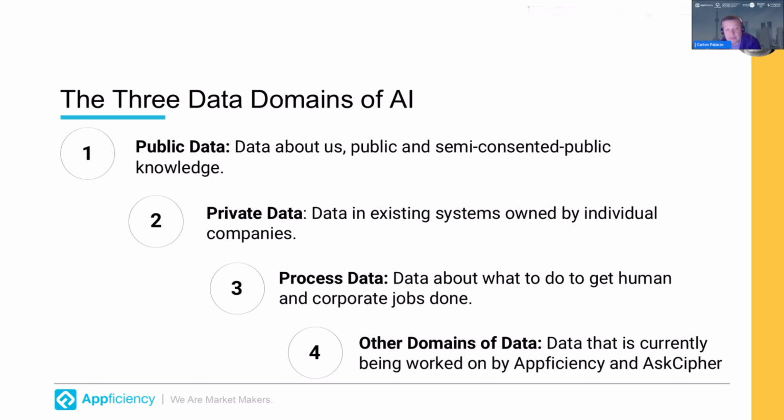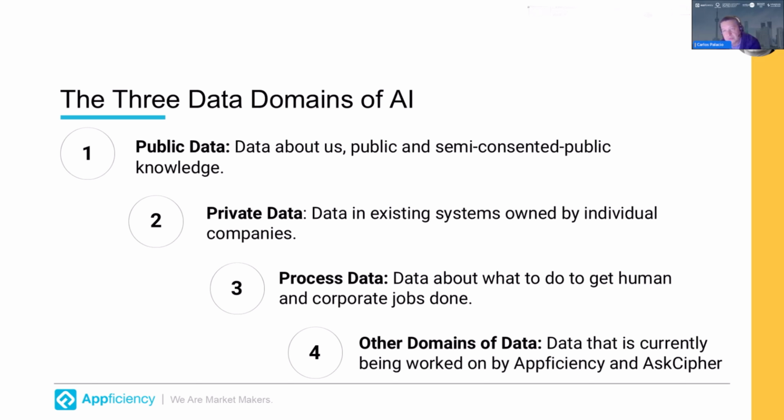Then the second one is the private data, the data that exists in the systems of our company, or in our machines. That is the key competitive advantage that organizations have had until now, and it includes your customer records, your financial information, your operational metrics. So those are the two traditional ones that we are very used to seeing.